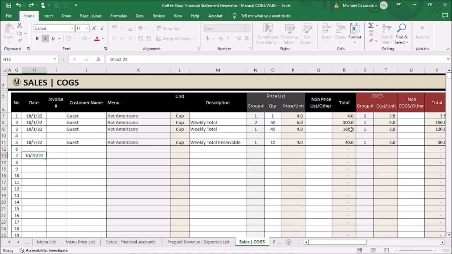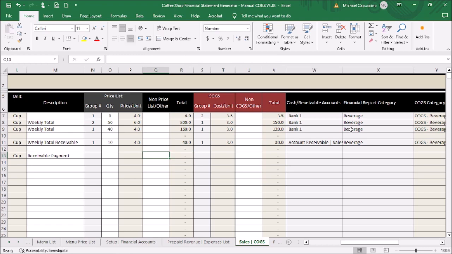Remember that when an account receivable is paid, you need to write it in this sales transaction tab. You do not need to put a sales category for a paid receivable. As you can see in this sample, set the cash/bank category in the cash/receivable column and the account receivable category in